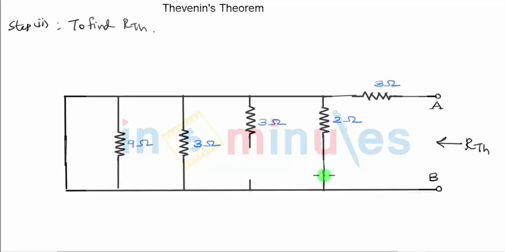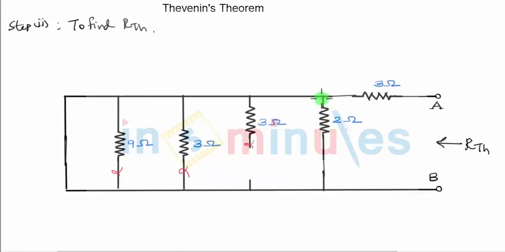In this case, even though it's a big circuit, you can easily observe a few important things. This 3 ohm resistance, you can see the other end is not going anywhere, not connected, so no current flows through this 3 ohm resistance. In simple words, it becomes redundant. It will not come into consideration in the calculation of RTH. Next, the 9 ohm and 3 ohm resistors both come across a short circuit. They are in parallel with a short circuit branch. This short circuit appeared because we replaced the voltage source here. Whenever there's a resistance in parallel with a short circuit branch, it cannot draw any current and hence the 9 ohm and 3 ohm will also be redundant.